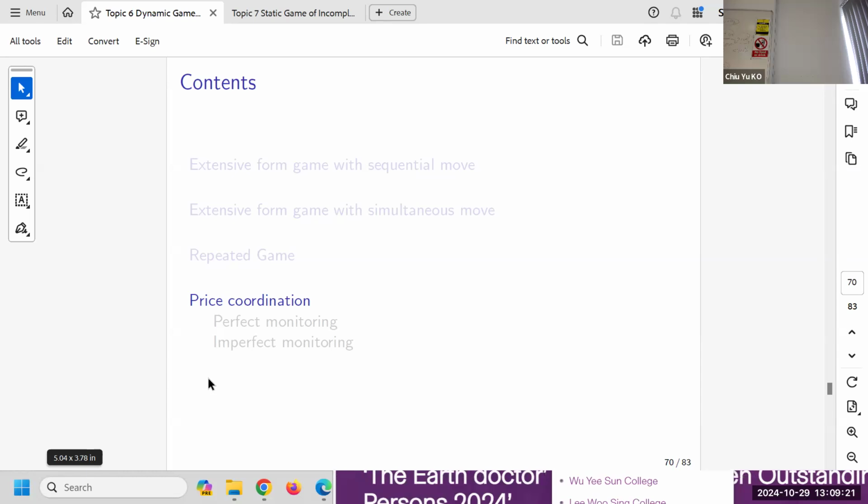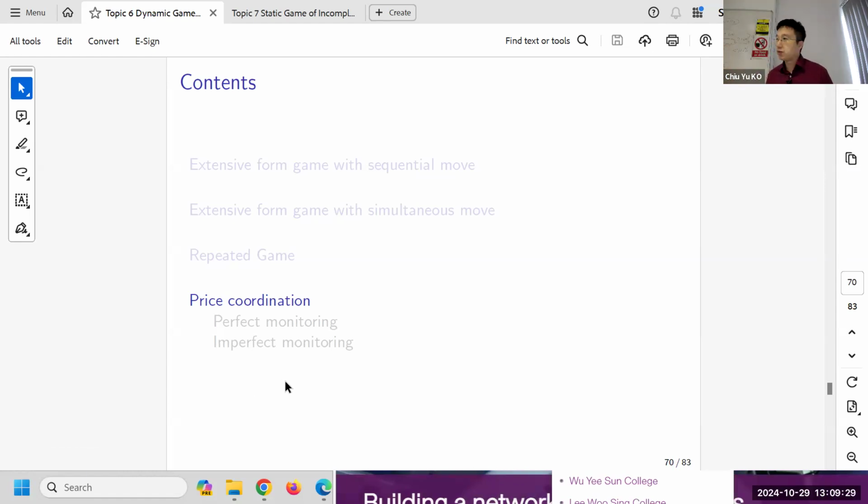But we touch some important applications, and you will see there are a lot of things to be done. The literature is still not fully done yet. There are a lot of open questions there. So if you are a game theorist and you want to do something crazy technical, this is something you can do, and there are a lot of applications there. Later you will see what is so complicated there.